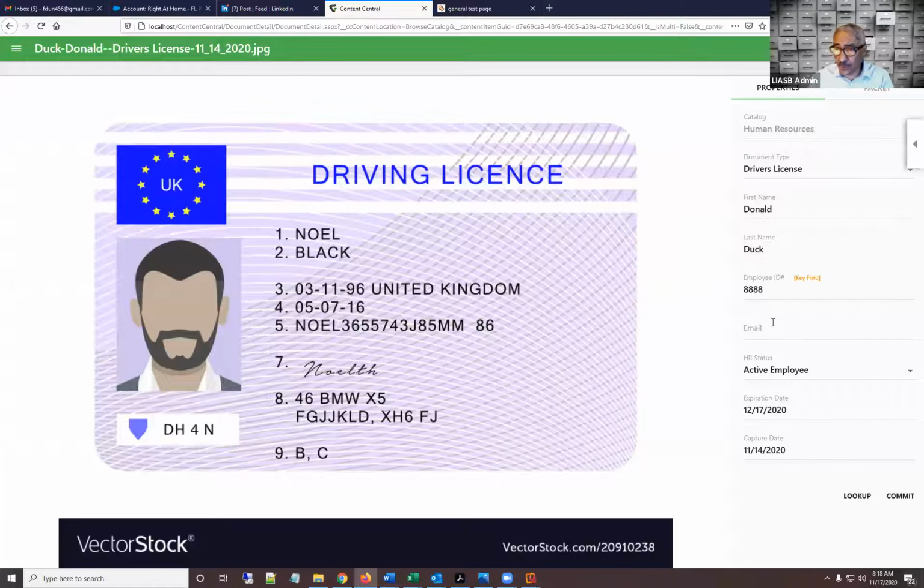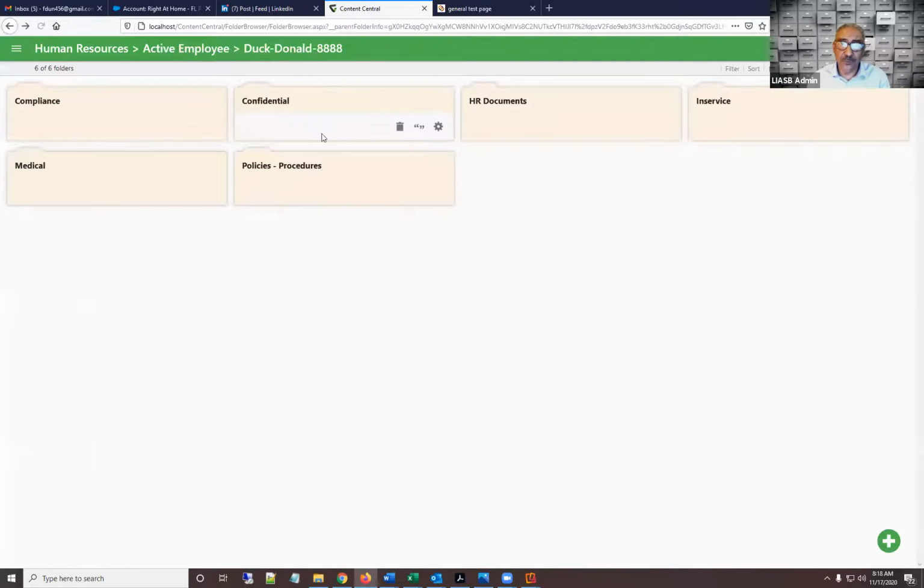And again, the categories: I can capture emails, and then the status, the expiration date of this document, and so on and so on. So using that criteria, which we can grab automatically, like I said, from an email or a PDF that we capture or invoices that we receive, we can actually direct those documents into their respective folders, no matter where they come